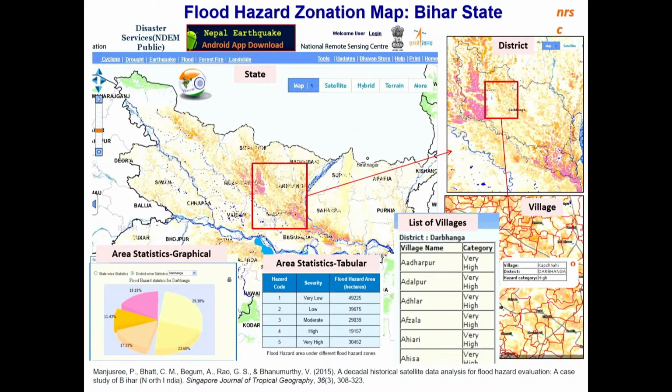As you can see, the pink color shows that it is a high frequency, that it gets flooded every year. If you have taken data of 20 years, out of 20 years this may be flooded 18 to 20 times. So those areas, we need to have a different kind of planning than areas which are less flooded, or have a low rate of flooding.